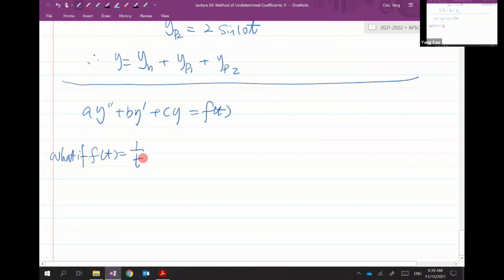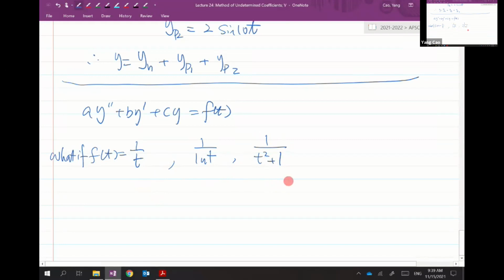Or maybe even more complicated, I don't know, let's say I'm just conjuring up some questions here. Let's say even 1 over ln t, okay. Or maybe even more complicated, all different things, 1 over t squared plus 1, okay,